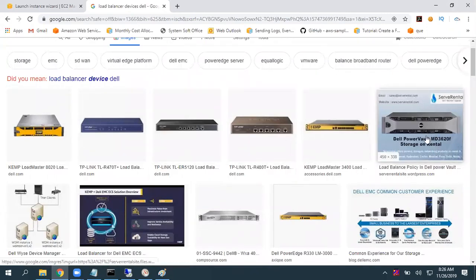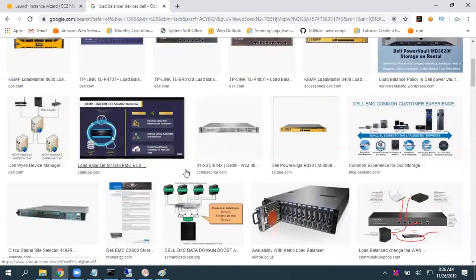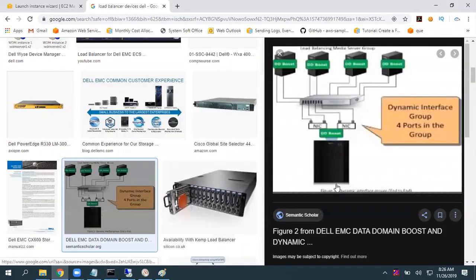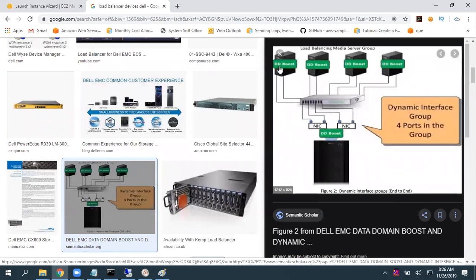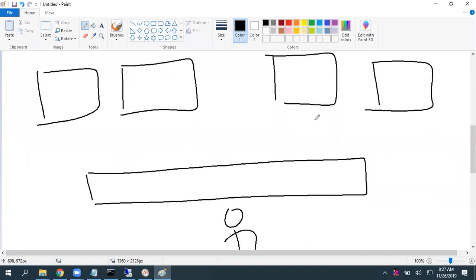What it is doing is just routing the traffic. It is a simple mechanism. Here is a load balancer and these are the servers. Whatever requests come in, with multiple NIC cards, it routes all the traffic to the servers. Exactly the same way, we are going to run multiple instances here.